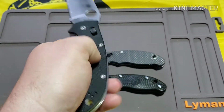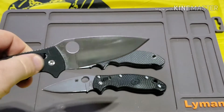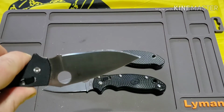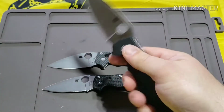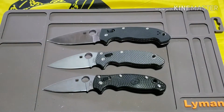This one I actually did buy secondhand. So this one was a little bit used and had a very uneven bevel on it. So I sharpened it up. S30V is a really nice steel to sharpen. I don't have any problems with it. I like it a lot. So now it's razor sharp. But if you're sitting there trying to think about whether you like this knife...